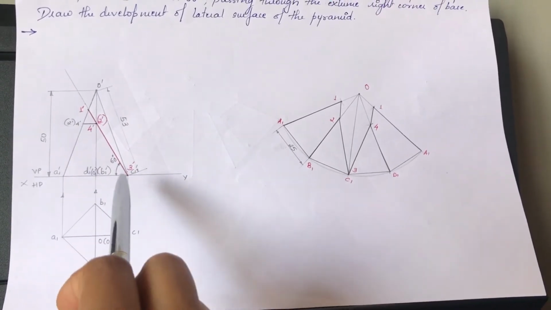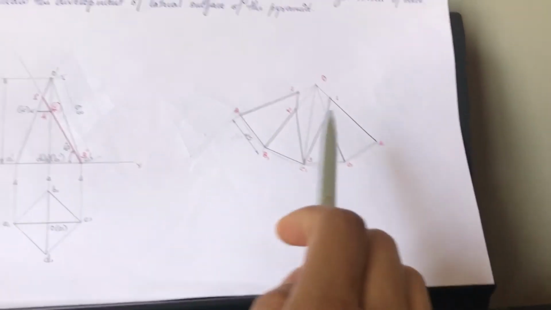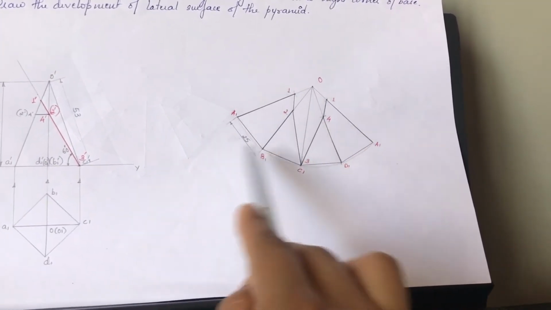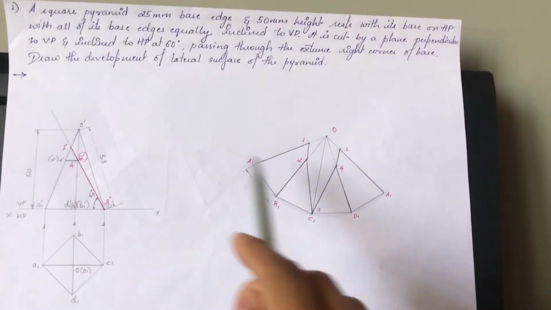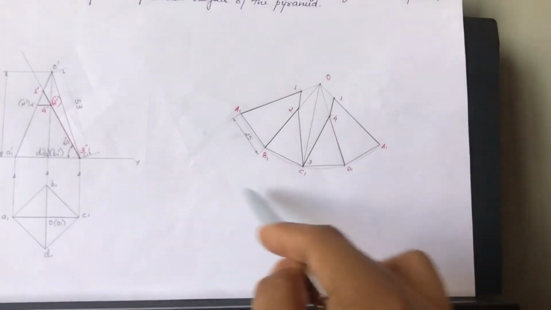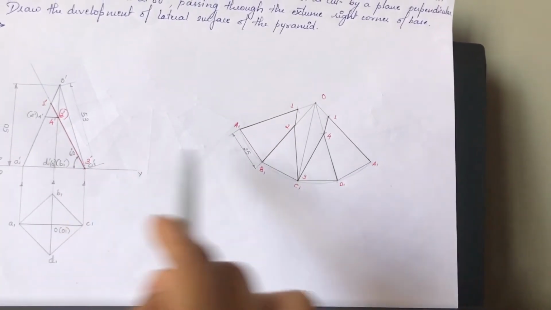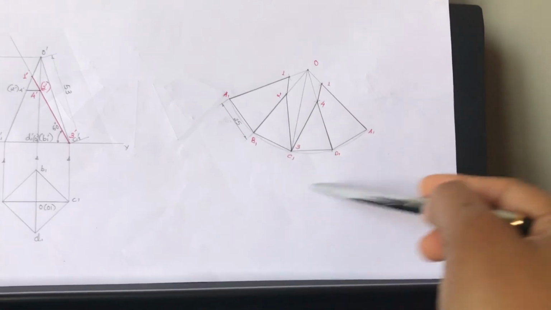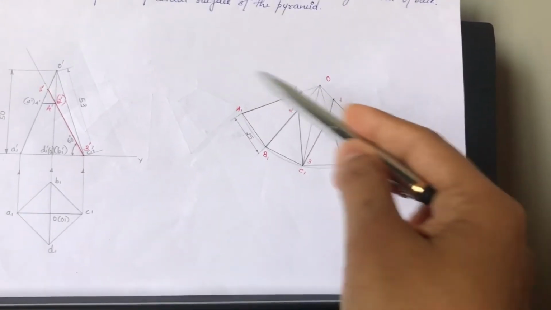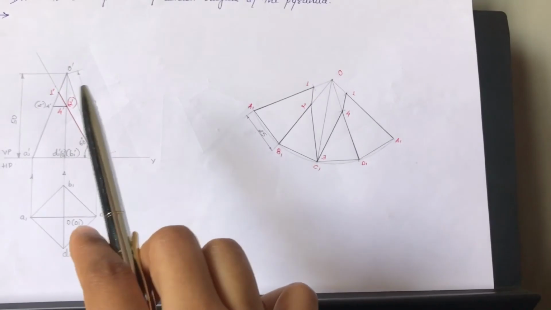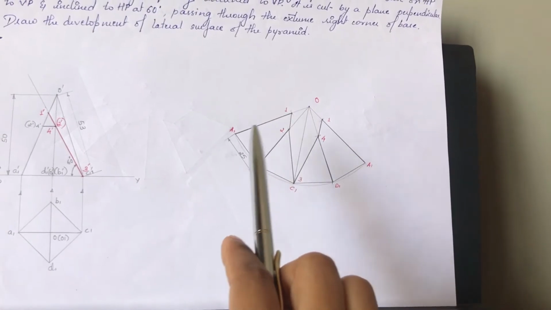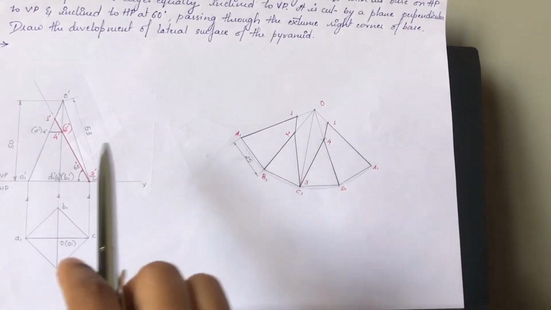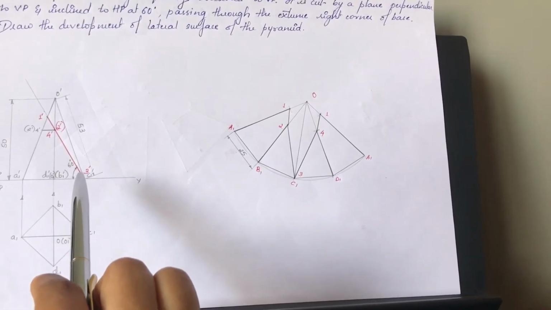Once you do all these markings, the next step is to get the development. This development can be randomly placed anywhere in any direction. It is not compulsory that it has to be in line, because this is a radial line development. There is nothing to do with the parallel line projections that we have. So as it is radial line development, the development can be placed anywhere at random. Here, initially you should get an apex O marked. Then you should get a radius for this. This radius is nothing but the slant edge dimension in its true length.